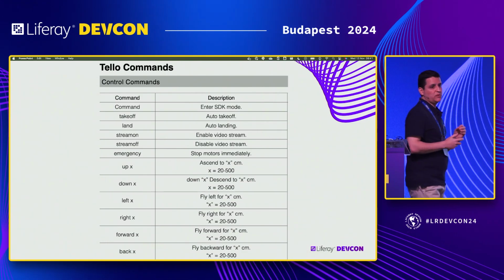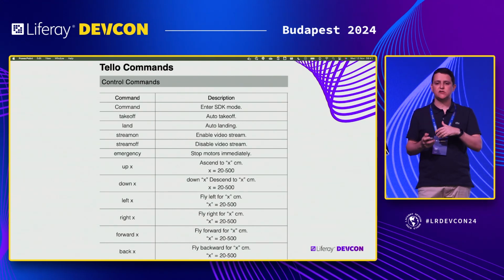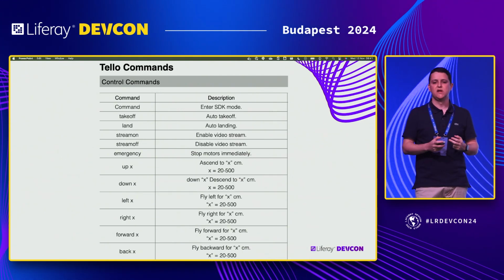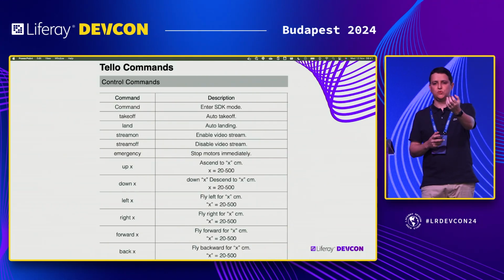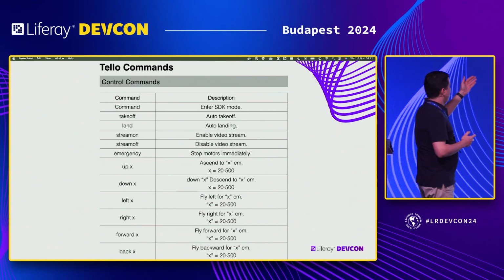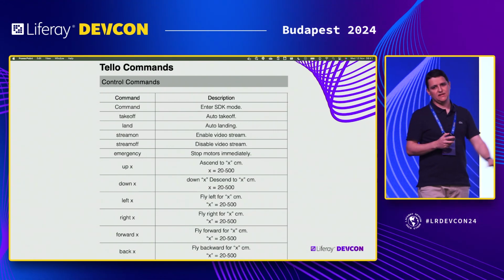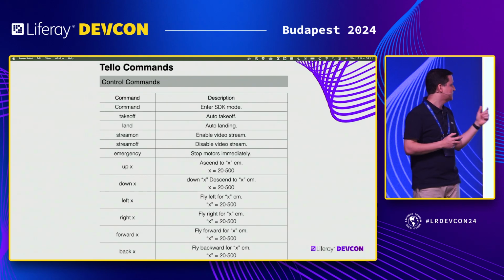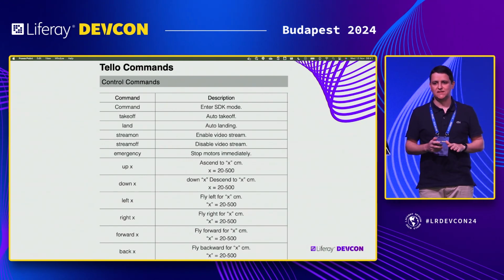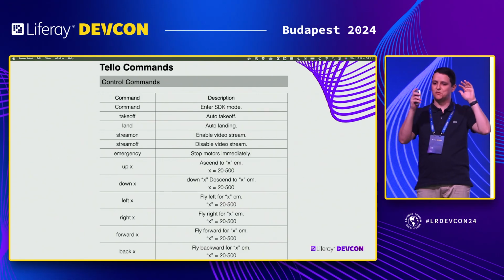Land. Stream on: I will enable the stream and connect to it using another UDP connection. So basically, there are two connections with the drone, on two different ports. One to send the commands, and another one to read the stream and process it. And up, down, left, right, etc. And there is an emergency command: the drone stops the motors immediately. But sorry about that, I didn't implement that. If necessary, if I say emergency, please throw your shoes at the drone and it will land automatically.